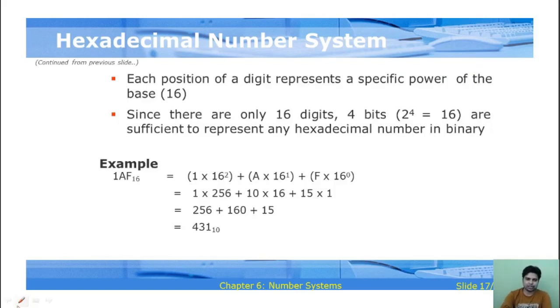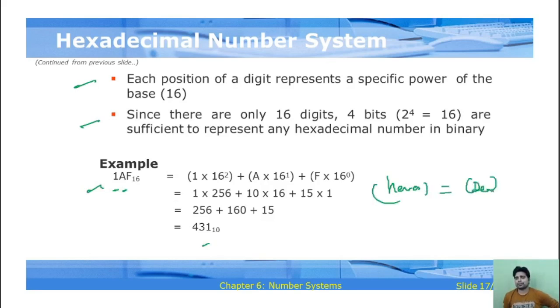So further, this is the example. Here you can see each position of a digit represents a specific power of the base 16. Next, since there are only 16 digits, meaning 4 bits, 2 to the power 4 is 16, which is sufficient to represent any hexadecimal number. So yes, this is the hexadecimal number 1AF. Clear? And here it also denotes the hexadecimal to